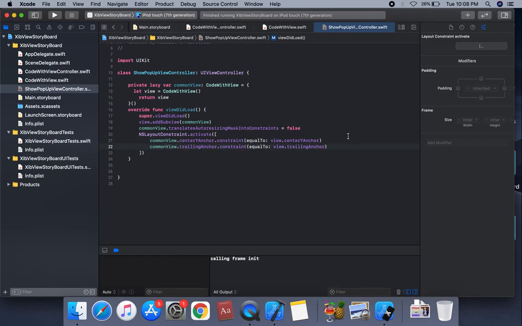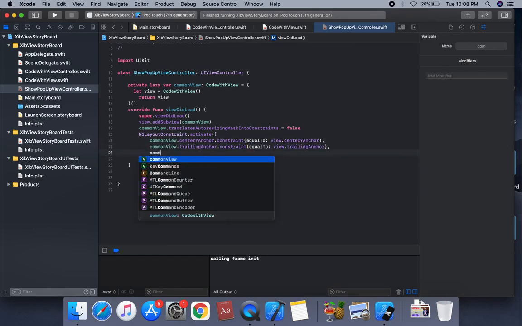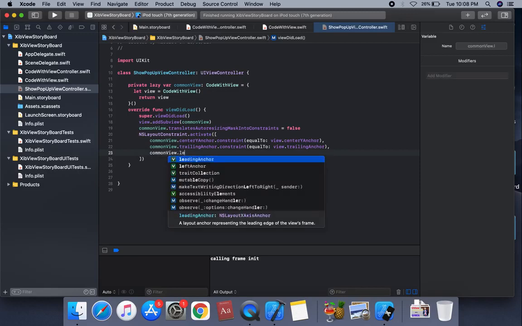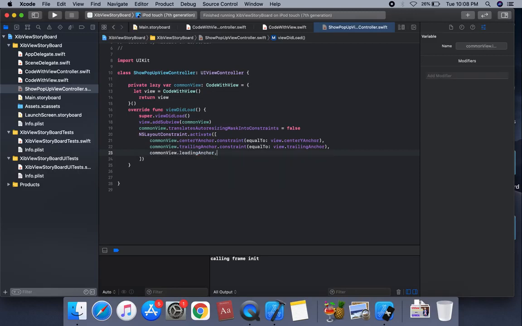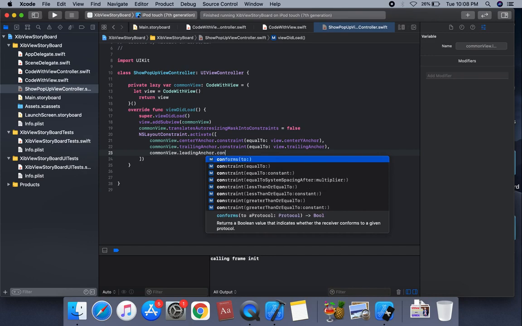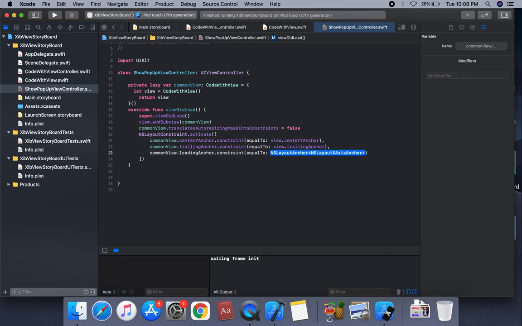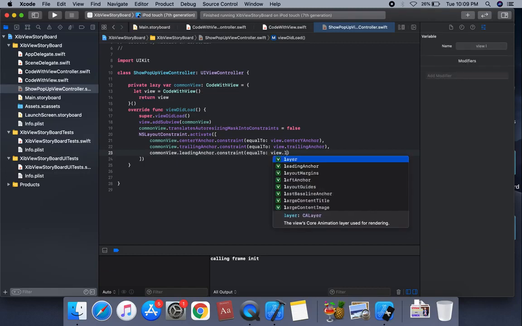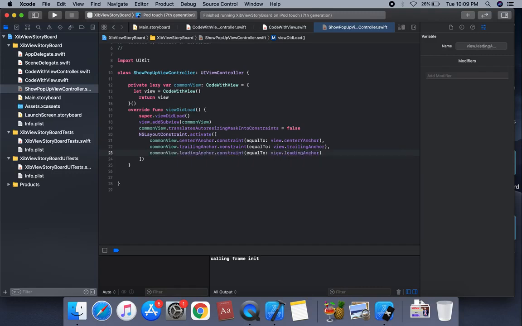and we're gonna apply this constant. We're gonna use of separators and common views dot leading anchor dot constants equal to view dot leading anchor, set on this leading anchor, and we're going to apply this height constant.